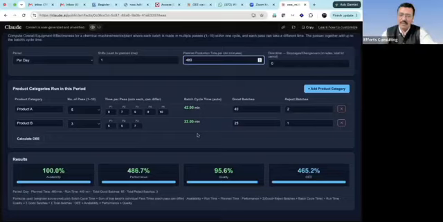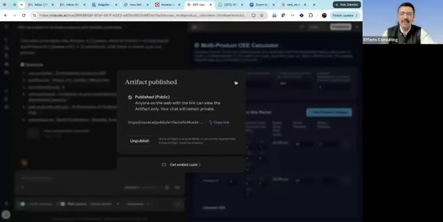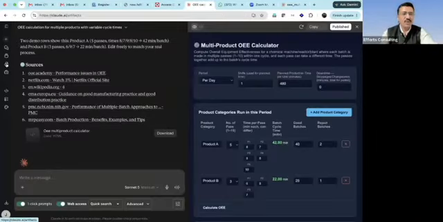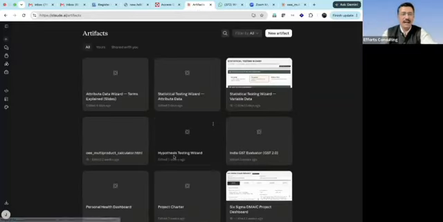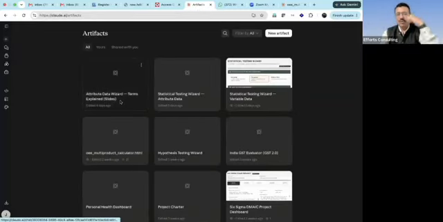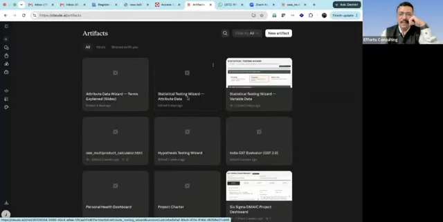Probably a few of you would know that a number of discussions happened in the calculation of OEE, and we ended up nowhere. So if we can create something with the use of AI, probably we can create magic. If you see, I have created so many things with this artifact. We have an attribute data wizard, for how to do the attribute data analysis, and a statistical testing wizard,